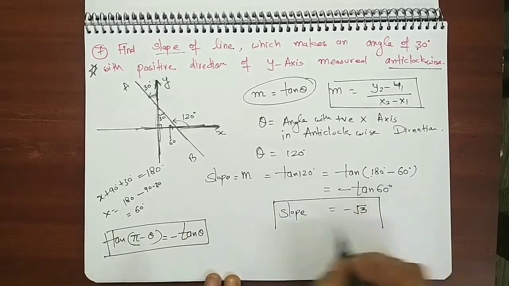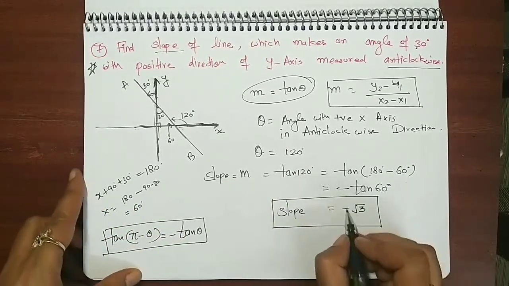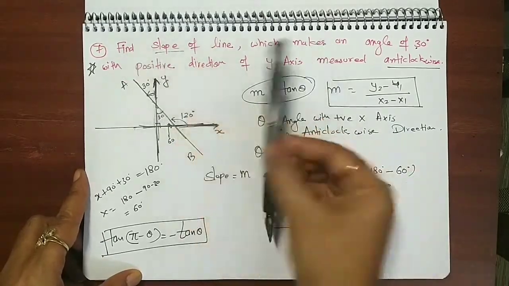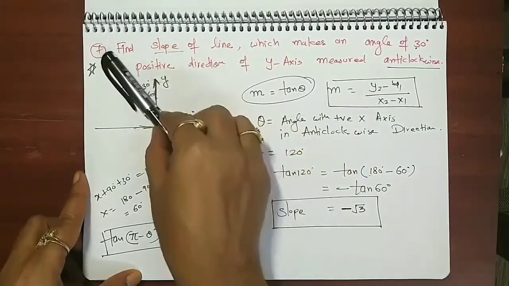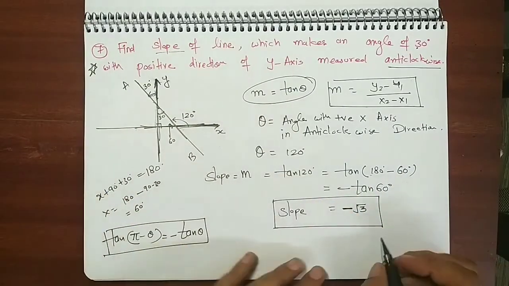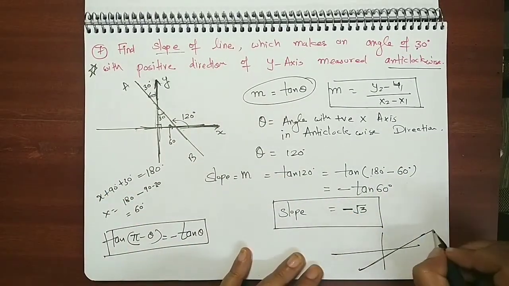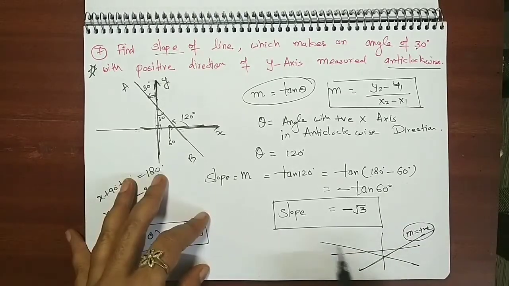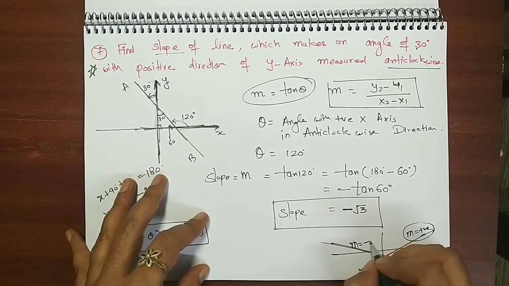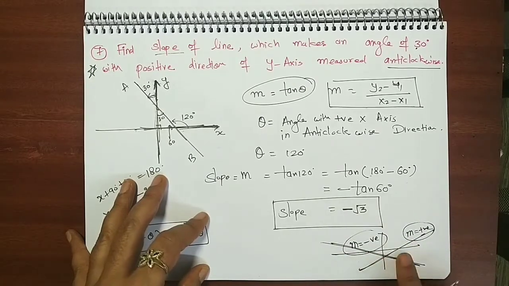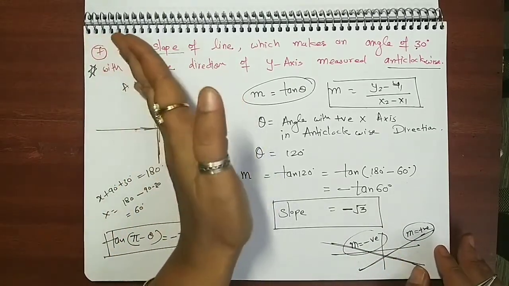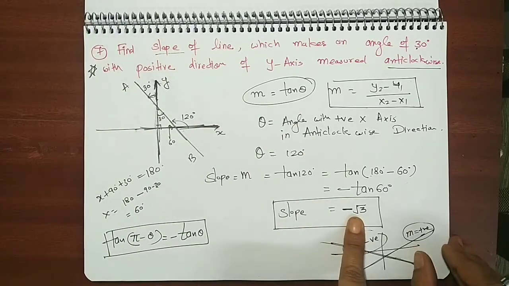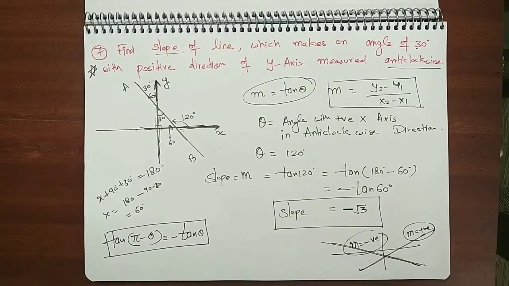And one more thing I understood from here, that I am getting a minus slope. So that means my line is sloping this side. Yes, my line was sloping in this direction. I told you, if your lines are in this direction, m comes to be positive. If your lines are usually in this direction, your m comes out to be negative. Keep that in mind. So by looking at the line, I understood already that my answer has to be negative, and it is coming negative only. Okay, let's do one more question.